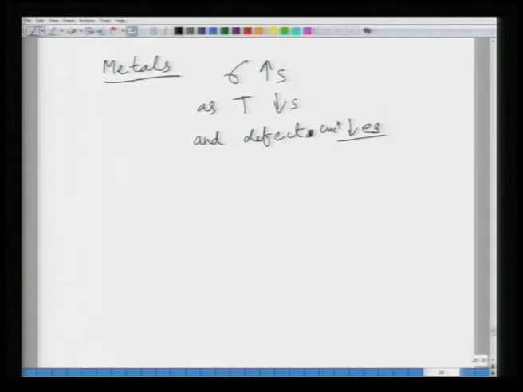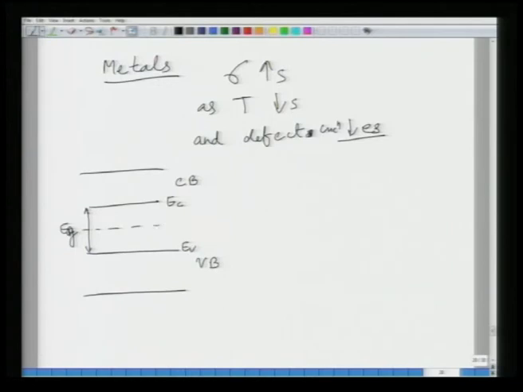In semiconductors, the situation is slightly different. You have a conduction band and a valence band. So, this is your conduction band, this is your valence band, and this is your EV, this is your EC. The electrons have to overcome the gap, which is EG, and this is the position of your Fermi energy, which shifts up and down depending upon what type of semiconductor it is, whether N type or P type.